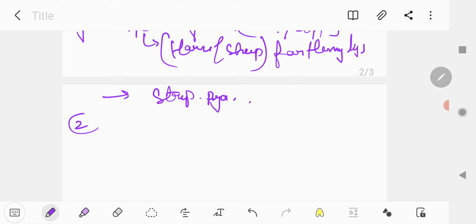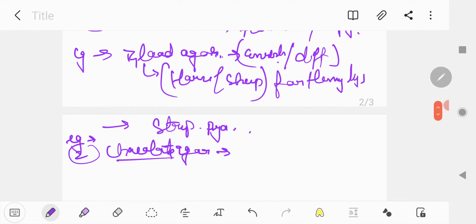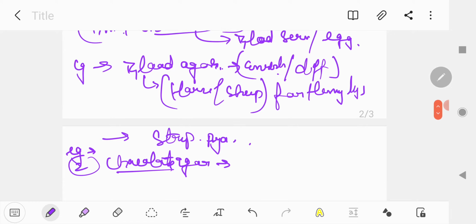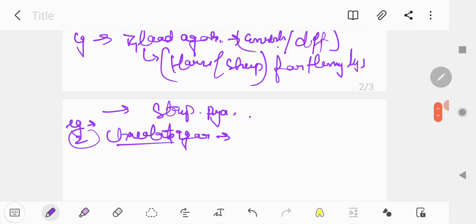Second is chocolate agar. Many students don't know what chocolate agar is and what blood agar is. In blood agar, we take horse and sheep blood for hemolysis. And why do we take chocolate agar? It is not because of the color, it is because we have to take blood